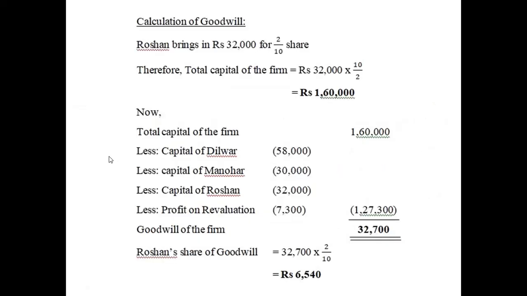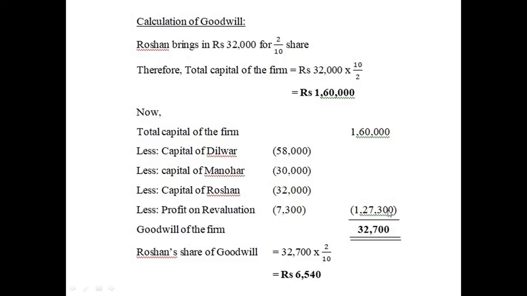Now the total of these items will be, okay, draw a line here. I'm sorry, I forgot to draw a line here. Drawing a line means that we are doing a mathematical operation, that is this addition here. We are adding all the negative figures. That is why please draw a line here just like this. And the amount will be transferred here, 1,27,300.